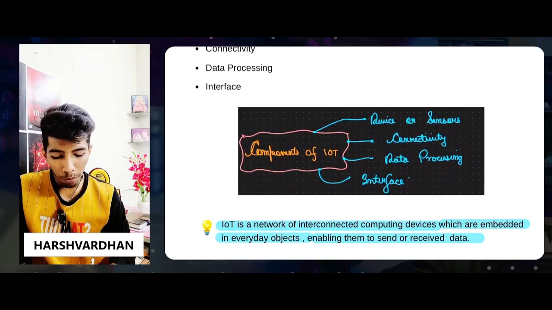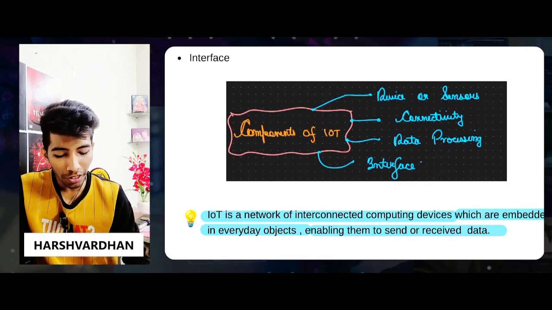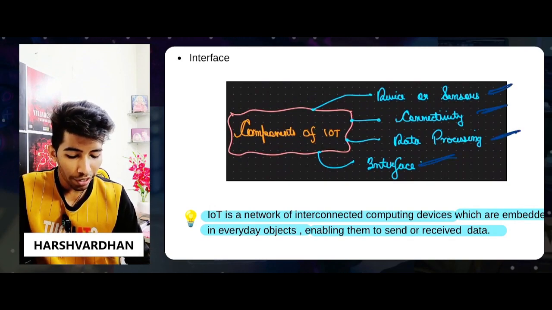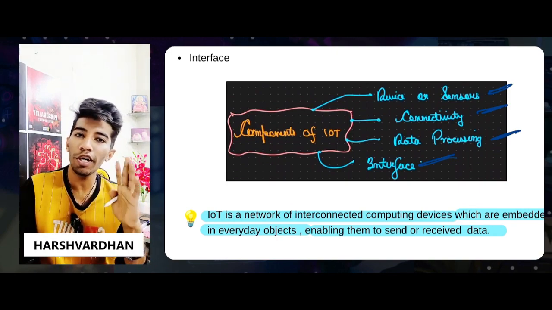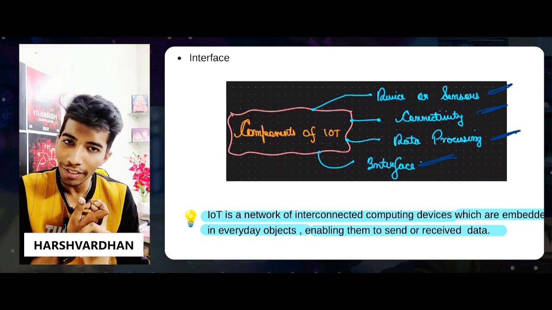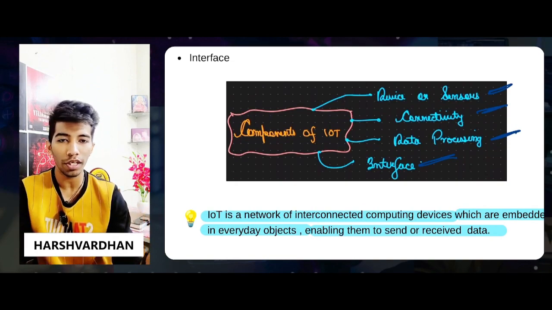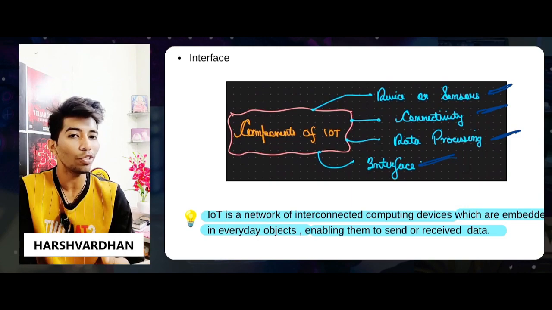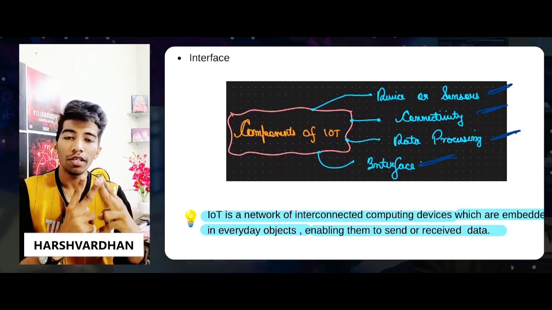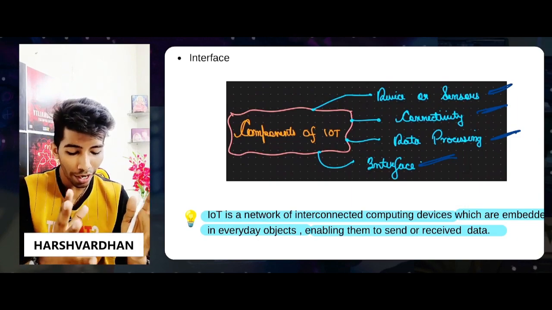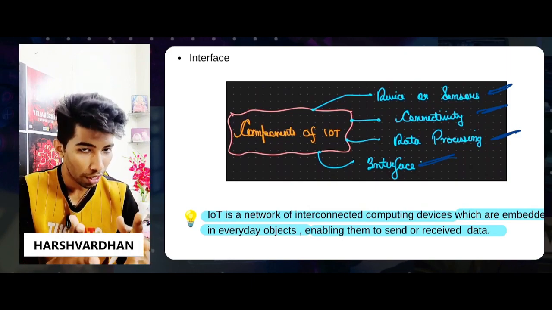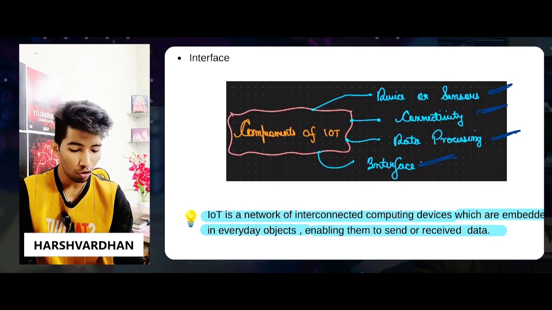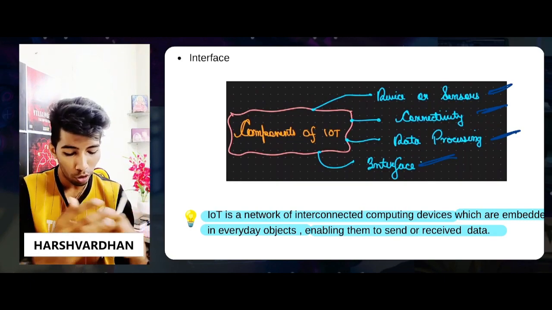Talking about the components of IoT, IoT comprises devices or sensors, connectivity, data processing and an interface. So it contains majorly four things. First are your devices, actuators or sensors, whatever you say, which take the data from the environment or also give some response in an environment. Connectivity: all these kinds of sensors or devices are connected together, and this network is actually called IoT. First of all, it's a very important thing, and I hope that you also will understand.